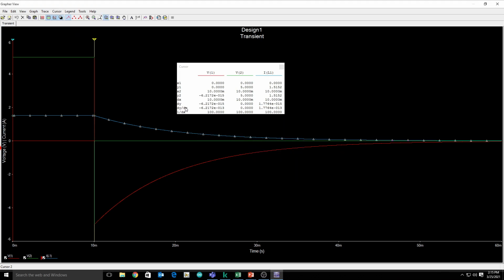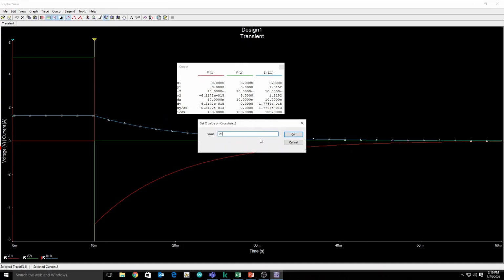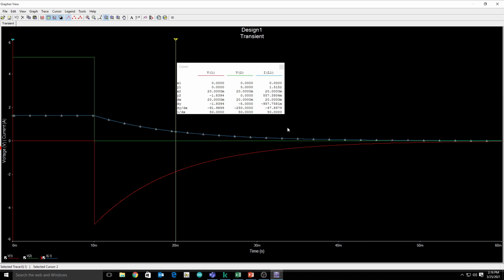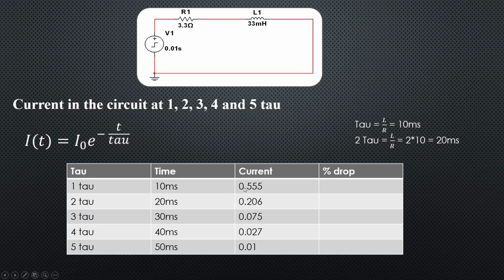At 10 milliseconds, the value of Y2, the current, is 1.51 ampere, the initial value, and at 20 milliseconds, which means 1 tau, Y2 is equal to 557, or you can see in my graph that I put 0.55, which means 0.55 ampere, equivalent to 555 milliampere.